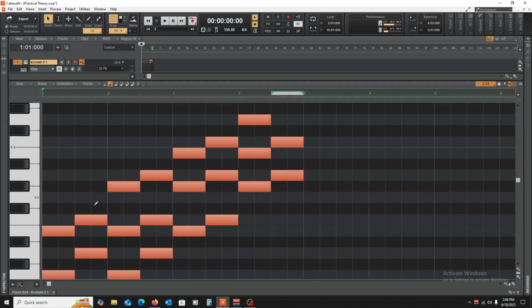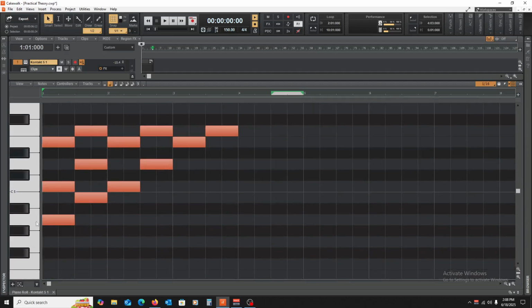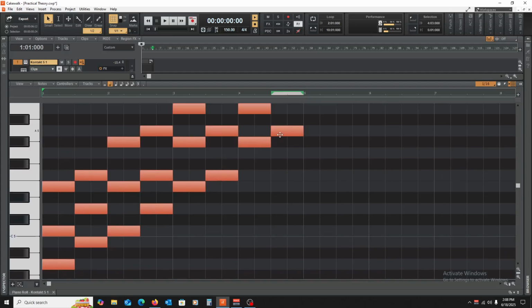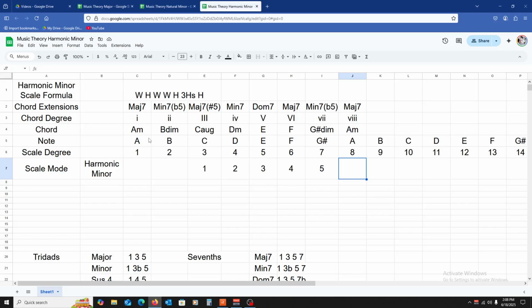All right, and you can think of this as the harmonies for the A minor scale. So if we look here, this bottom note A, B, C, D, E, F, G sharp, and then back to A. This is our harmonic scale, our root notes, right? This is A, B, C, D, E, F, G sharp, A. It's basically